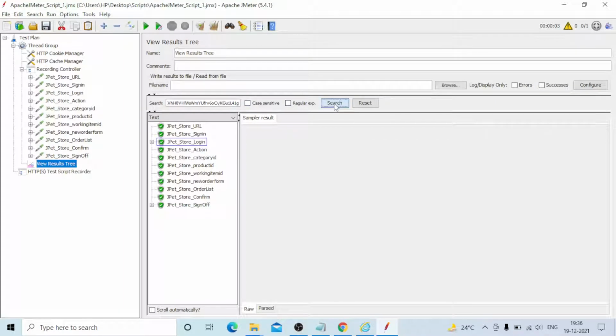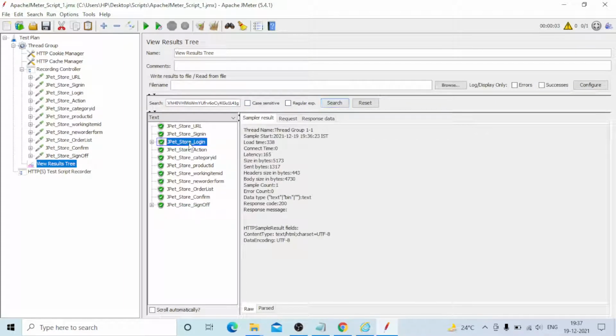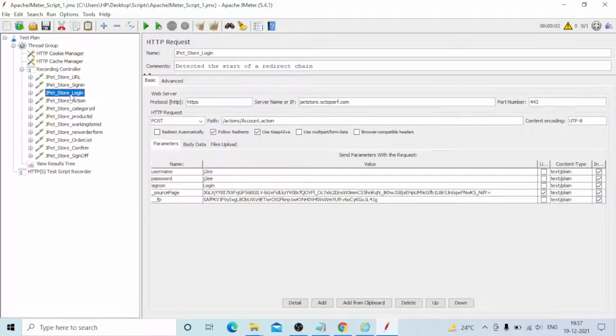You can click on the section. You can see there is only a login page. We will find that one. In the login page there are two requests, two logins with the dynamic values. The first one will be selected, which means it's the login only. Okay, you can go to the login